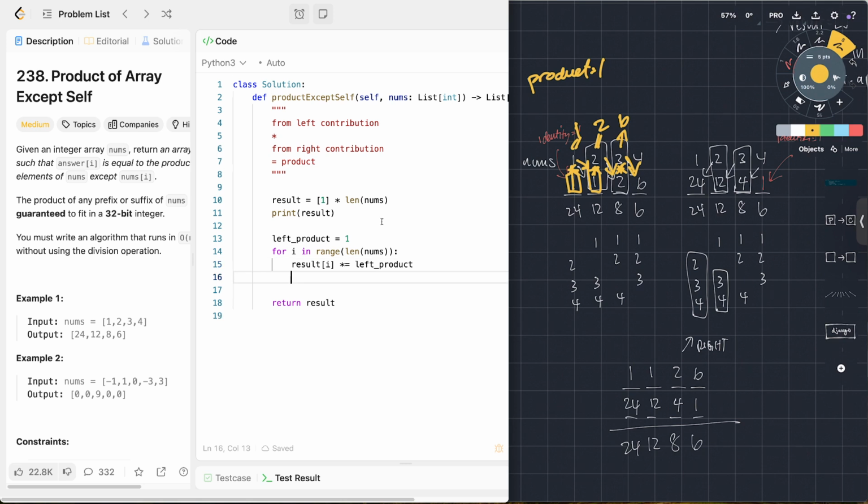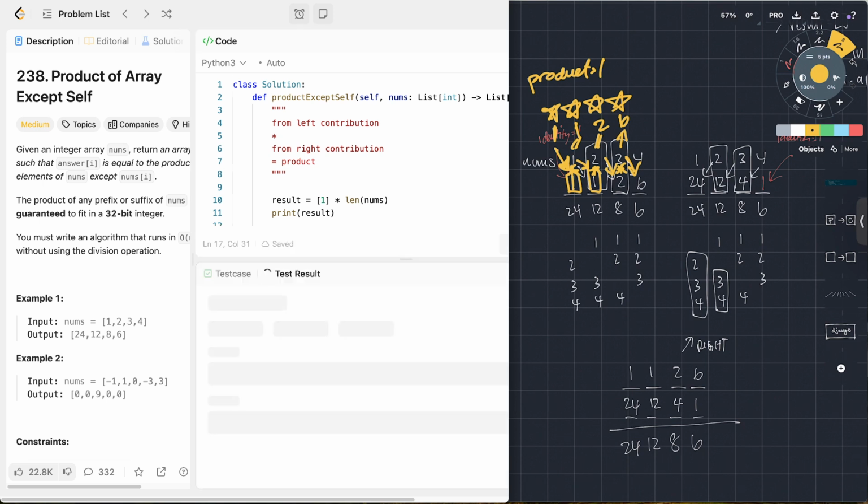Right, so it starts at 1. Just to make this clear, it starts at 1. This gets set to 1. It gets multiplied, and then left product is multiplied by nums at i. Right, so that becomes this, starts at 1, becomes this 1 again, becomes this 2, becomes this 6. Let me just print it. So what we should see is 1, 2, and 6. Right, so it starts at 1, and then it becomes 1, 2, 6, and